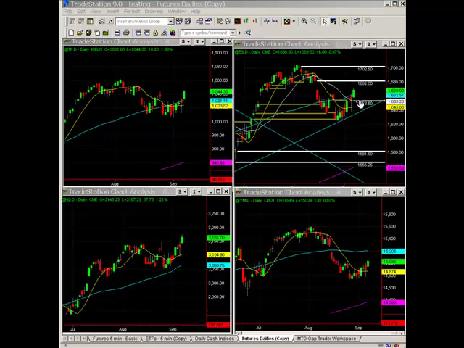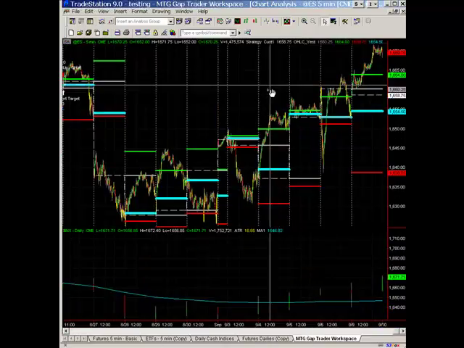So what I thought would be interesting, and helpful, would be to show you the results of fading gaps after what I call a 50-day moving average up straddle. Meaning we closed above the 50-day moving average after closing below it, hence straddling the 50-day moving average to the upside. Alright, so let me backtest that using Gap Trader, my backtesting tool,